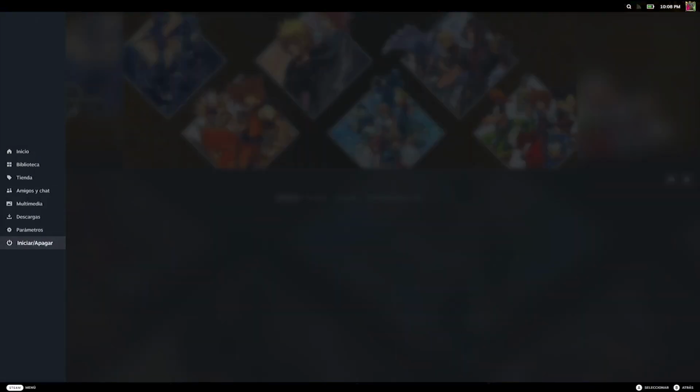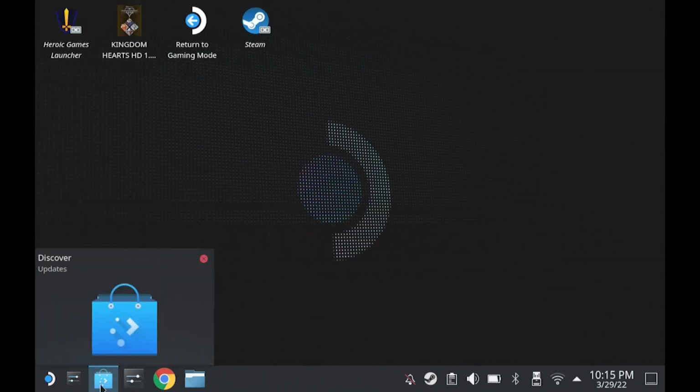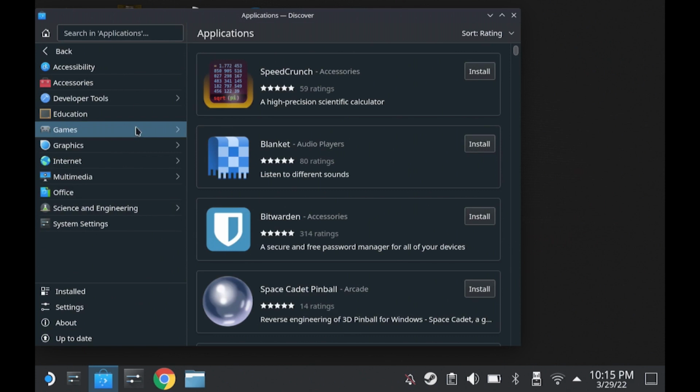I have the OS on Spanish because clearly I'm not a native English speaker, so we're gonna go to the desktop. Okay, so now that we are on the desktop part of the SteamOS, what we're gonna do is go to the Discover Store. You should have a shortcut here, and then under applications, games,